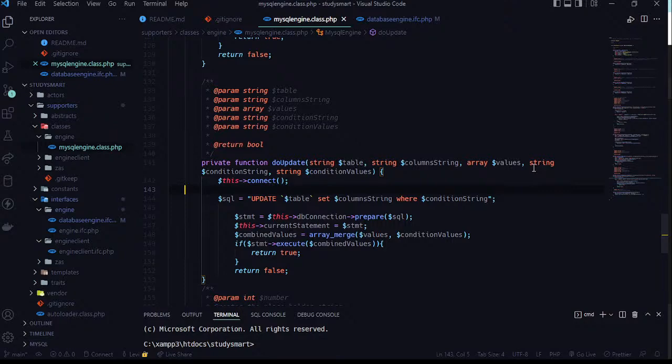Okay. Now I'm still thinking how to make this thing portable across multiple databases. So if you say I should update the condition string,